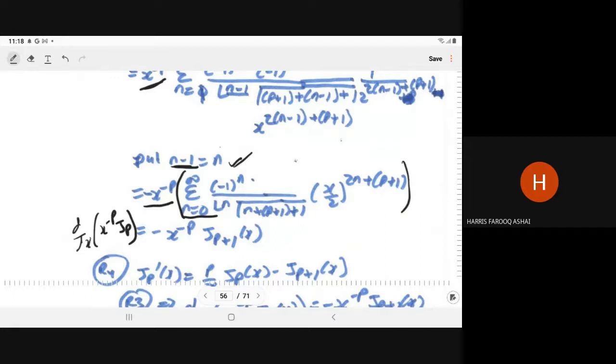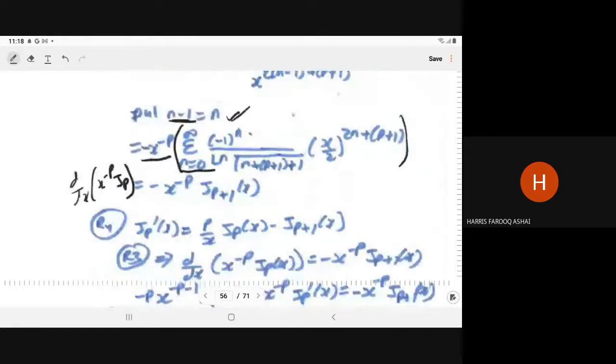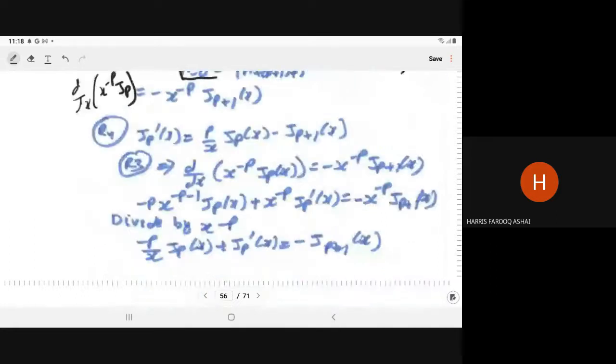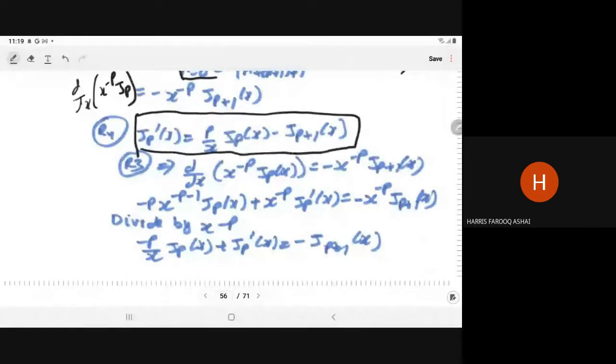Yes, sir. Now we have the fourth recurrence relation. The fourth recurrence relation is exactly the same as the second one. So it is the derivative of Jp is equal to p upon x Jp minus Jp plus 1, right? So in this case,